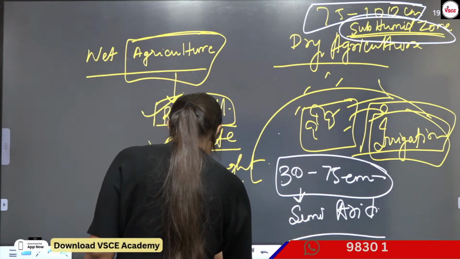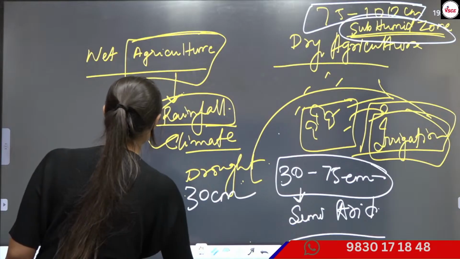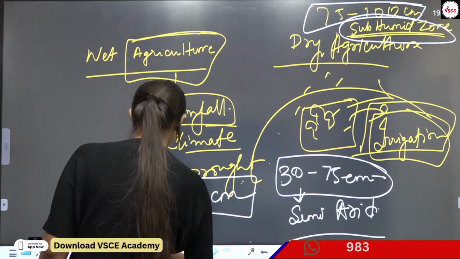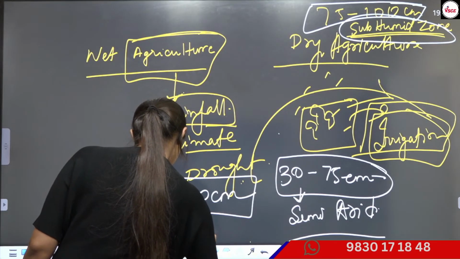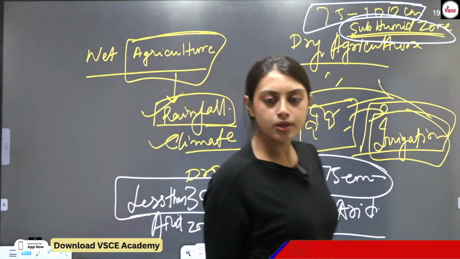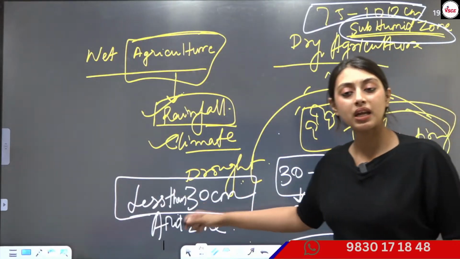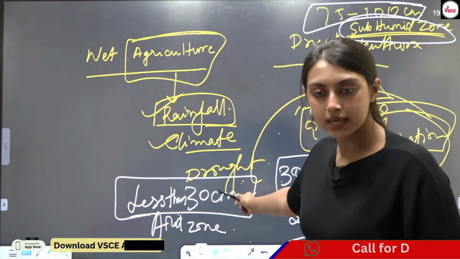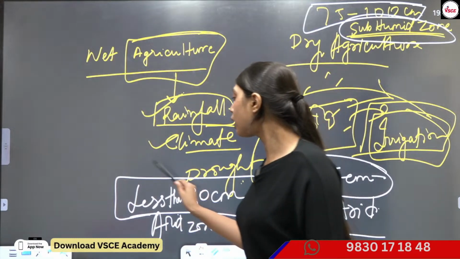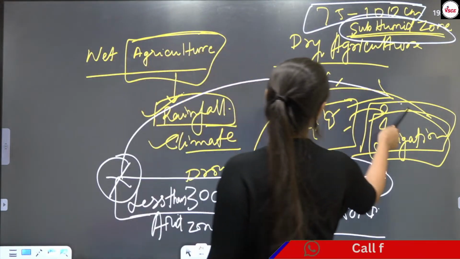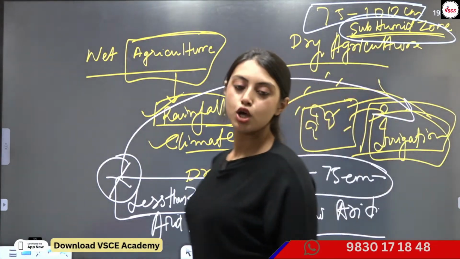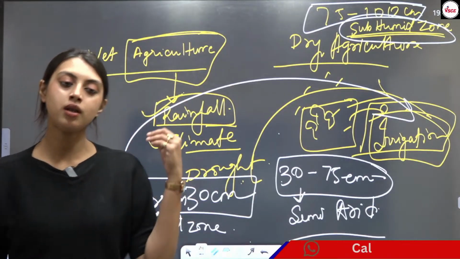And some places which are receiving less than 30 centimeter of rainfall are called arid zones, arid zone, right? So in arid zone, no agriculture is possible because the rainfall is quite low. So what are we going to do in these kinds of areas? Are we going to let this land go barren and just let it be? No, not really. We are going to use irrigation out here in order to carry out our agricultural practices. So we have to implement irrigational practices.